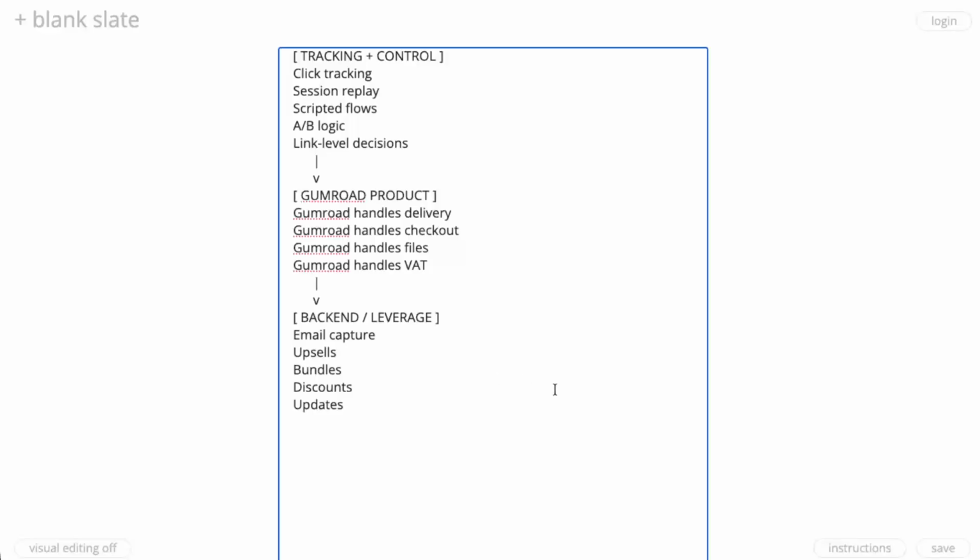When you build a simple back end, Gumroad becomes much more powerful because you're increasing the value of each person who discovers you instead of constantly